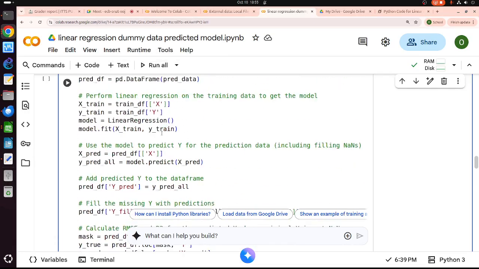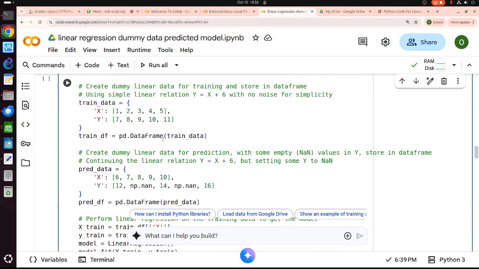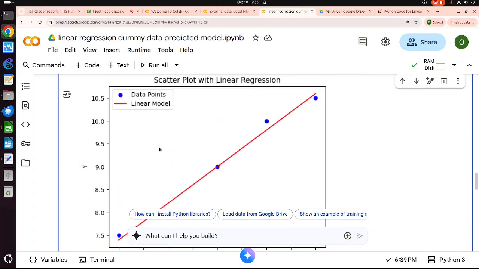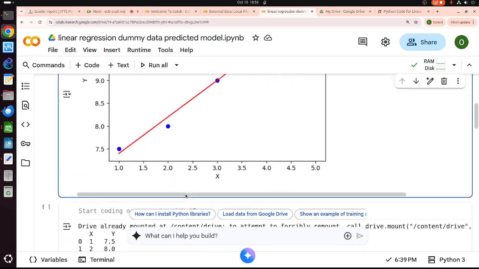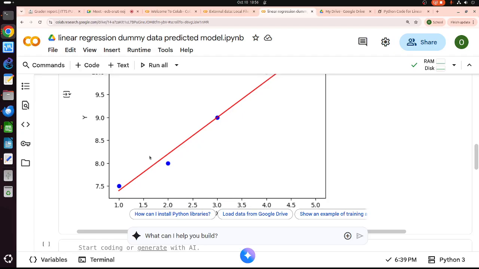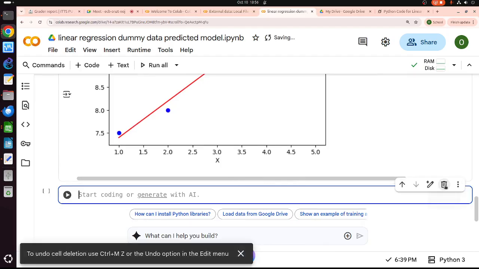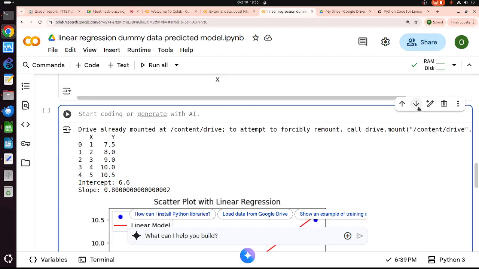Nope. I think I mixed something up. I don't know why it does something like that. Okay, I have to remove this one. Remove. Okay. Remove.